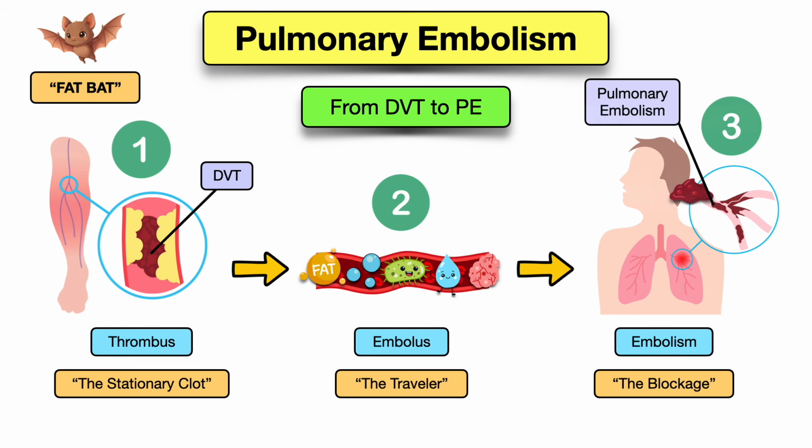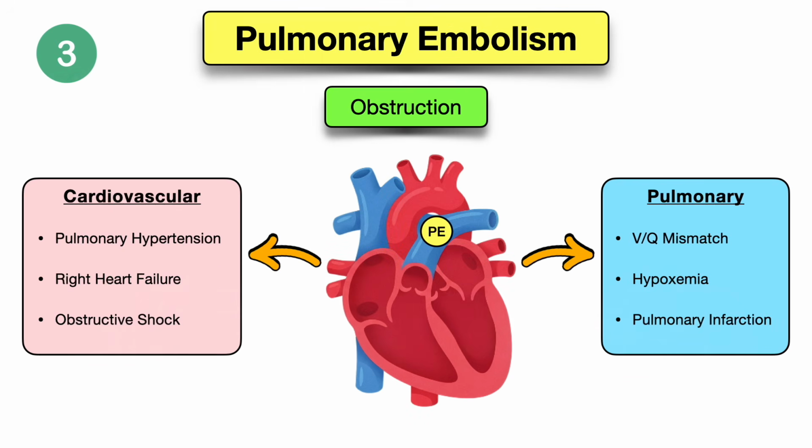This is a pulmonary embolism. To put it simply, for thrombus, think the stationary clot. For embolus, think the traveler. And for embolism, think the blockage. When the embolism is caused by a blood clot or thrombus that broke off and lodged elsewhere, this is known as a thromboembolism. Now that we know how the DVT became a PE, let's move on to the final step,